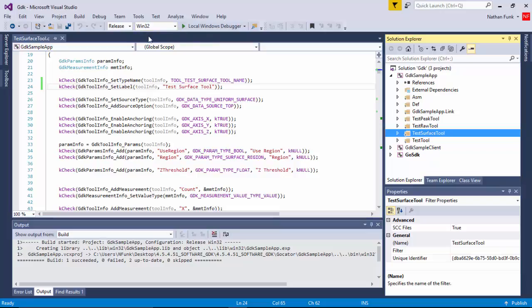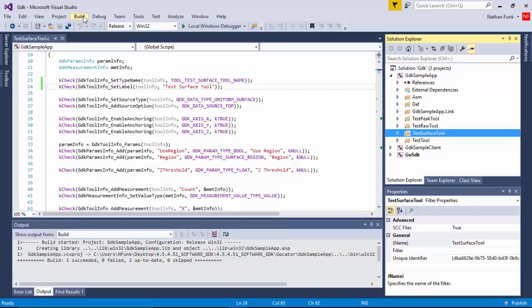Win32 is for building for the emulator, so assuming that you're already familiar with the emulator, that allows you to run code on your PC as a simulation of the sensor. And that's what you would most typically use for the initial debugging of a tool. So you would compile it first for Win32, and then when you're ready to deploy it to a sensor, you would compile the sensor target and generate a firmware package that you can then upload to the sensor. So I'm just going to show you how to start here with the emulator and building for Win32.